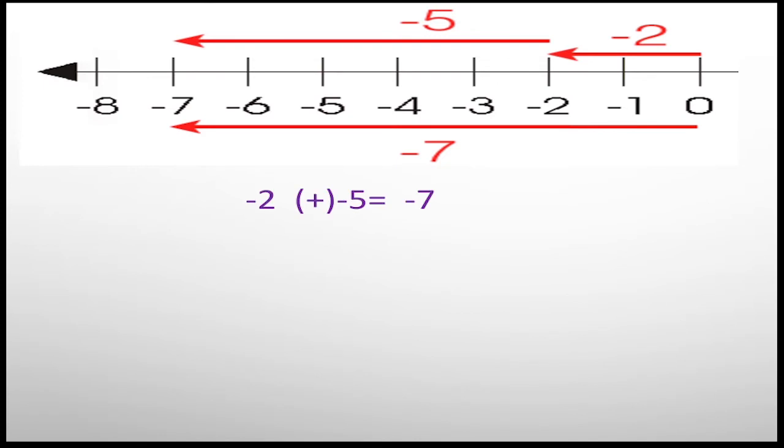Now see some more examples present on the screen, like the ones we have just discussed. Again here we are looking to add two negative integers. So 2 added with 5 will give us 7, and regardless of their sign we have done this addition, and after doing so we give the negative sign to this sum. Why? Because here the bigger integer was 5 and it has a minus sign in front of it, so the sum will also carry a minus sign with it.